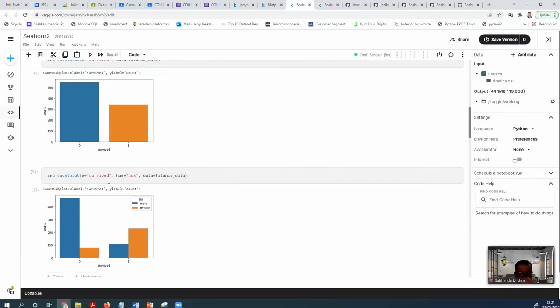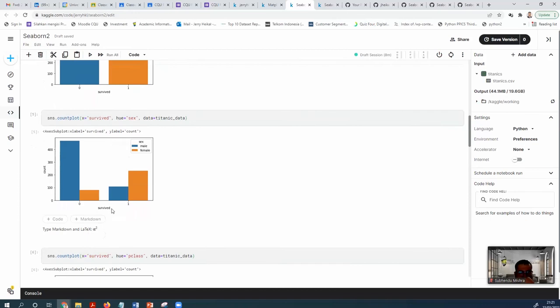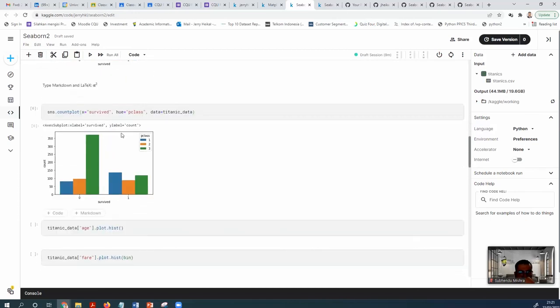And then on top of the survive is sex. And then you can also put on top of the survive the passenger class. Yeah, so this is something that Matplotlib cannot do easily. They can, but not as easy as Seaborn. That simple.